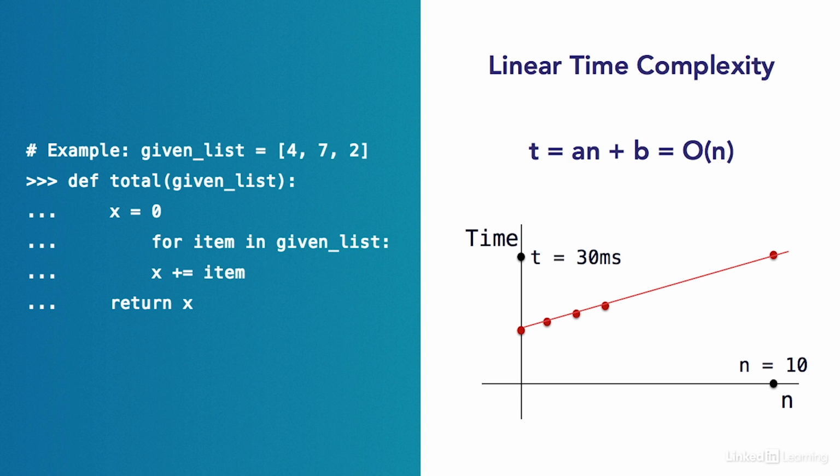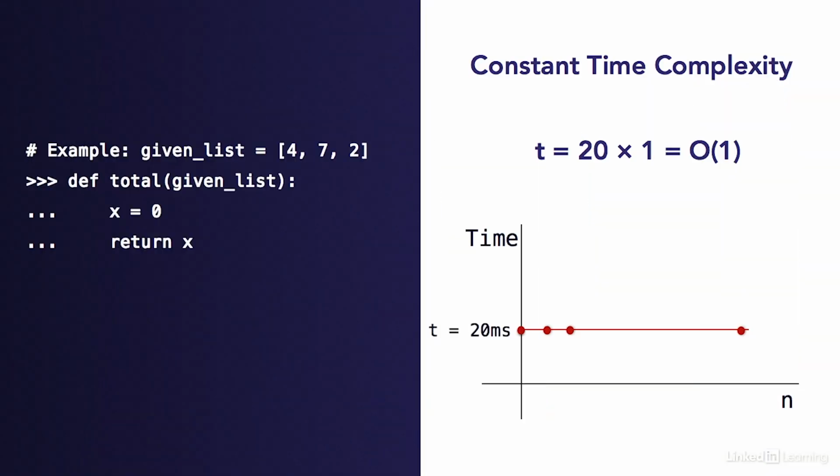Let's take a look at another example. This was a function that doesn't do anything with the given input. It always takes 20 milliseconds to run, or it has constant time complexity, big O of 1. Let's say you just switch to using a new environment that's 5 times as slow as the original environment that you were using. Then this function would take 100 milliseconds instead of 20 milliseconds to complete. Let's call this new time t2. This is still a constant, so it can be written as big O of 1. So 5 times big O of 1 is equal to big O of 1. Changing an environment doesn't change the big O here either.